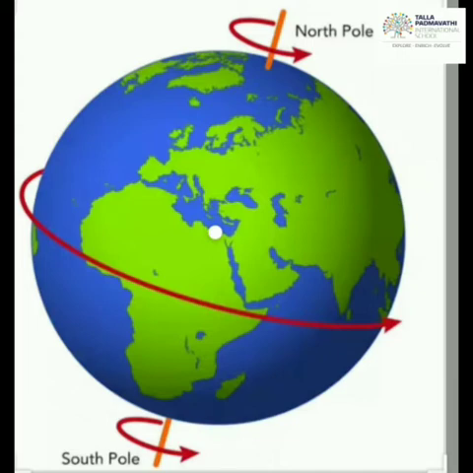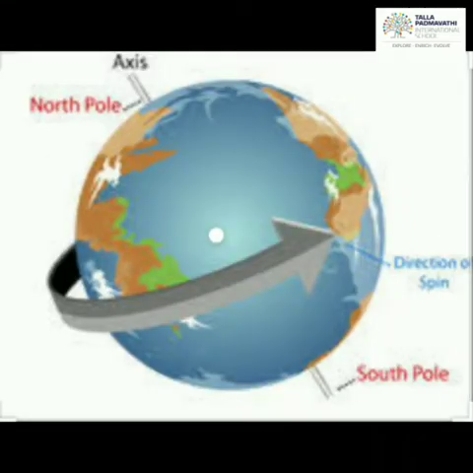The series of lines you might have observed on the globe, the vertical lines and the horizontal lines, connect from the North Pole to the South Pole and from east to west. These lines are the latitudes and the longitudes, along with the imaginary line which is called the axis. The axis is the supporting line which we feel, but frankly speaking, it is an imaginary line which we created for our convenience and understanding. Exactly speaking, there is no such axis that supports the earth and helps it rotate on itself.